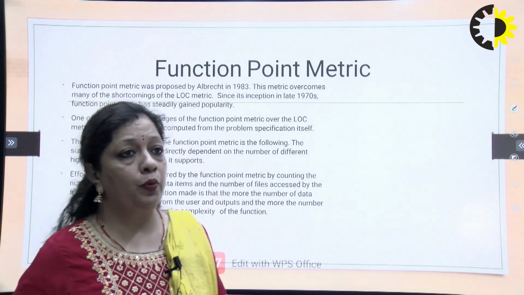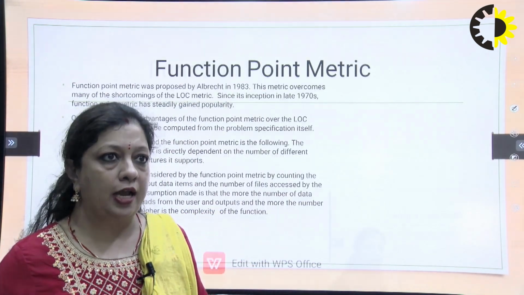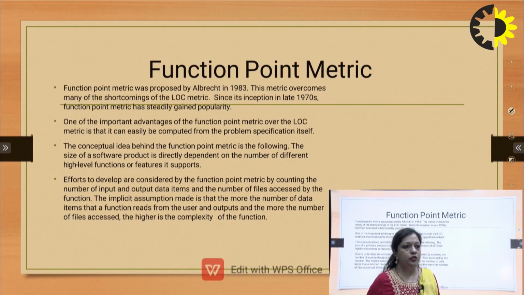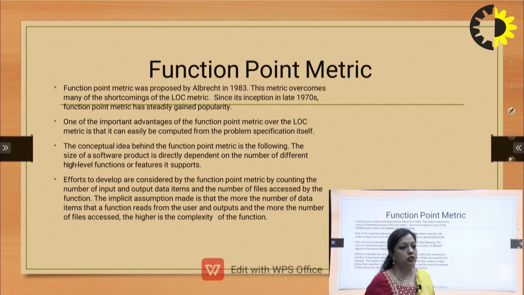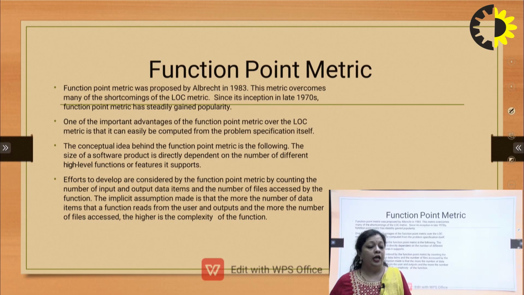Now, talking about function point metric or function point analysis, what exactly is it? We are given a piece of code, and we want to find out how efficient it is. This is one of the metrics that can help me analyze the effectiveness or goodness of my code. We have been studying other metrics to find the complexity of our code, like lines of code. But there were certain disadvantages with lines of code. One of the most important limitations is that just looking at the number of lines in my code, I cannot say whether my code is good and efficient or not.